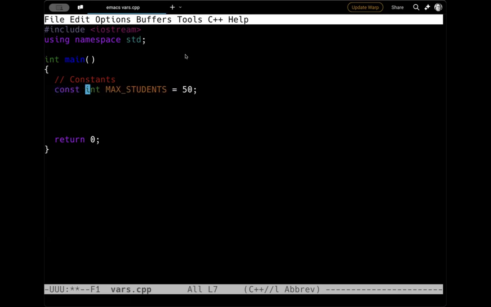When you do this, it's now going to set, for this run of the program at least, max students equal to 50, and that can't change. So there's no way for it to change later. That's an important thing to think about.